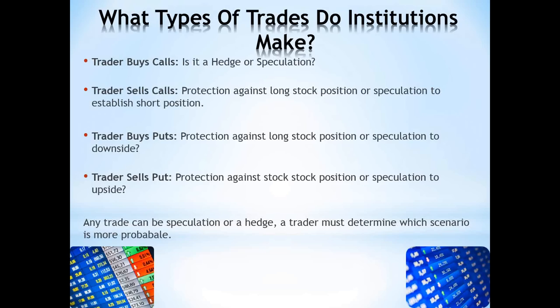Okay, so you have to understand that when we see orders hitting the tape, meaning a big block of calls being bought, a big block of calls being sold, a big block of puts being bought, a big block of puts being sold, I can't just automatically take that trade at face value. So if a trader buys calls, it could be speculation to the upside, and most times it is, but it could also be a hedge against a short stock position. All right, same thing when a trader sells calls. It can be speculation to the downside, but the covered call strategy is extremely popular, and it's used very widely by institutions to create dividend streams in stocks that either do not pay dividends or stocks they want to create an extra dividend stream in. Okay?